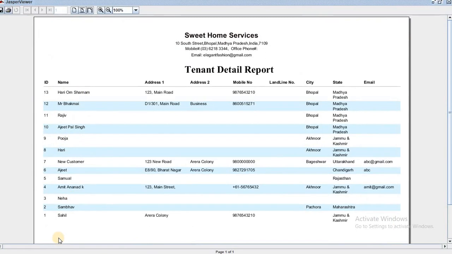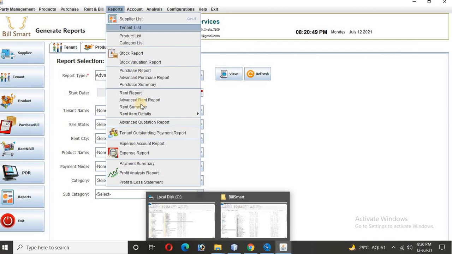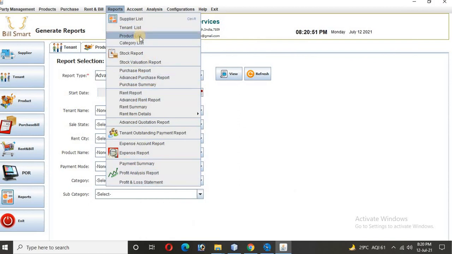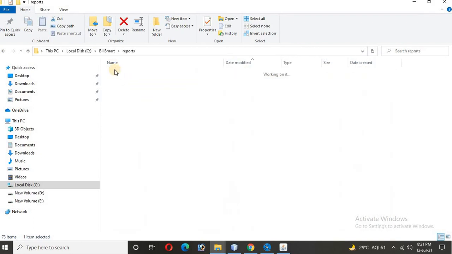So all our tenants are coming up here, and then their details are there. All of these reports get generated into an Excel sheet already, automatically. If I show you, whichever reports are there, product list meaning the list of your houses or your entities, then categories and stock, and if there is a vacant flat, etc., you will get that.